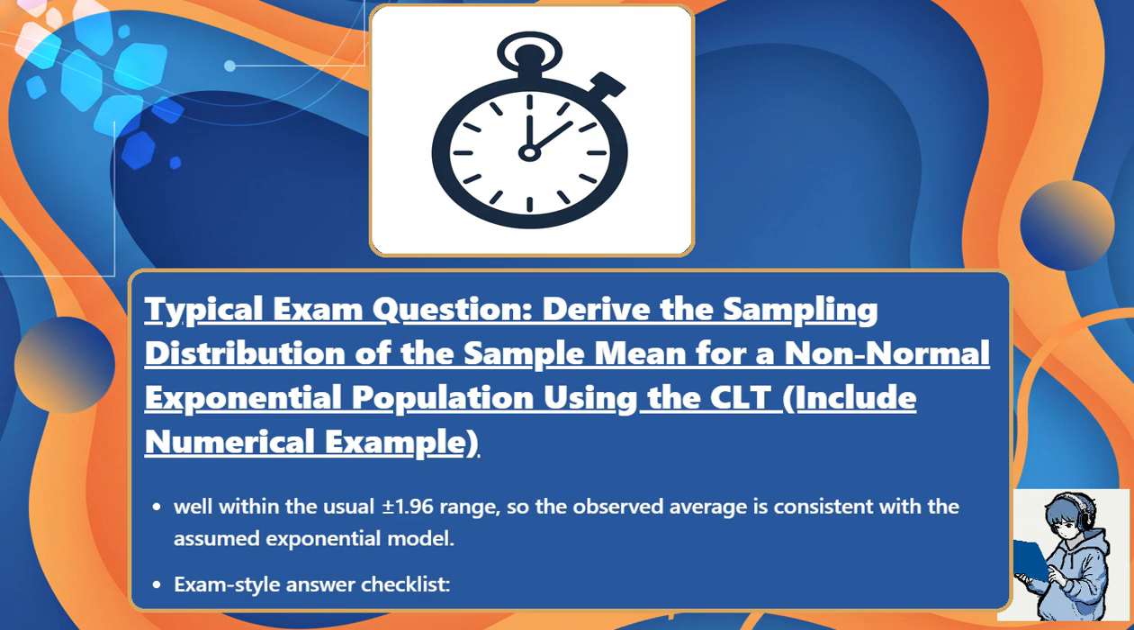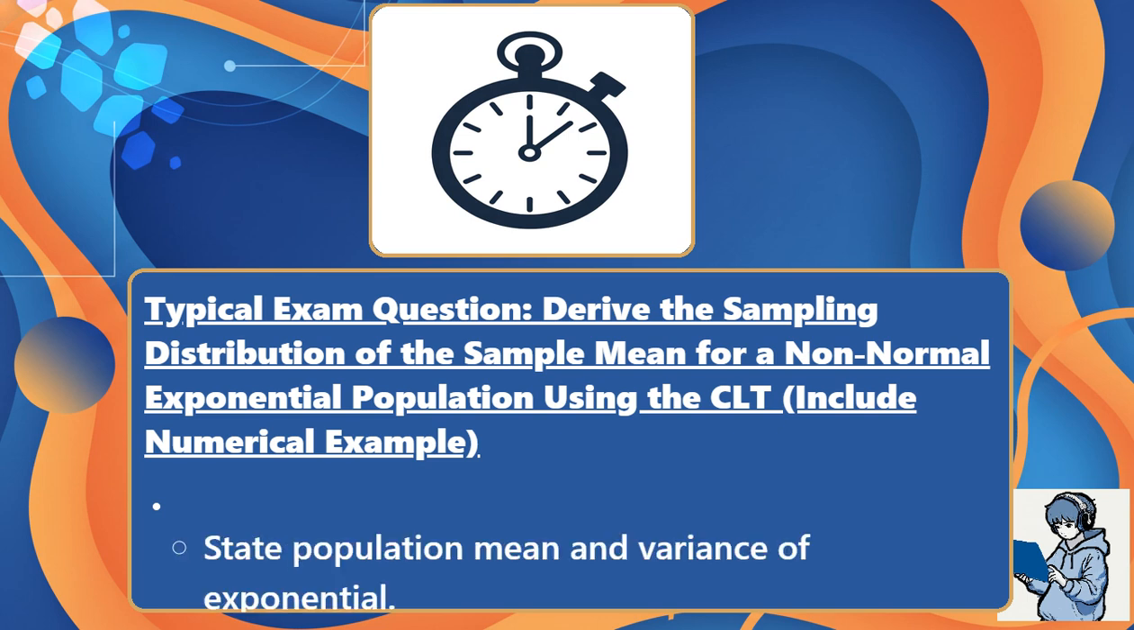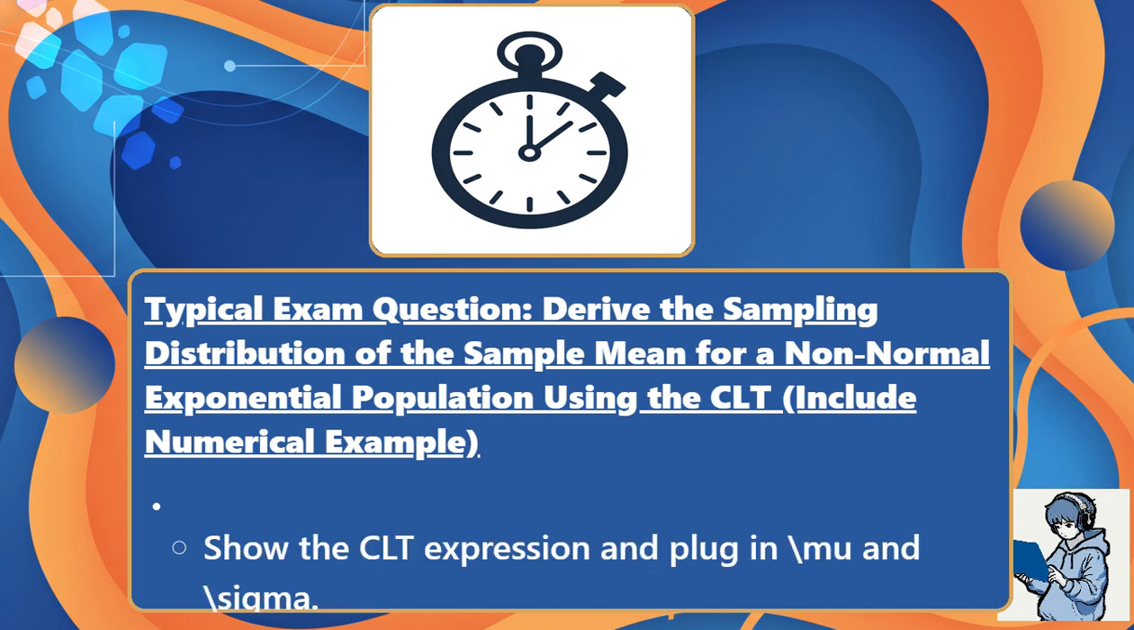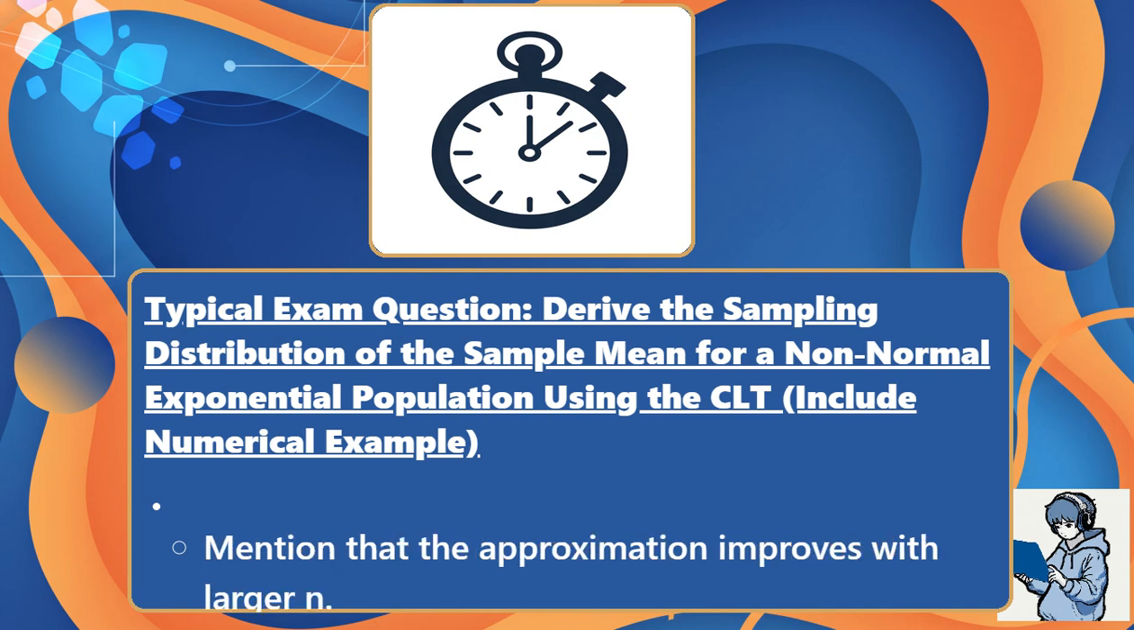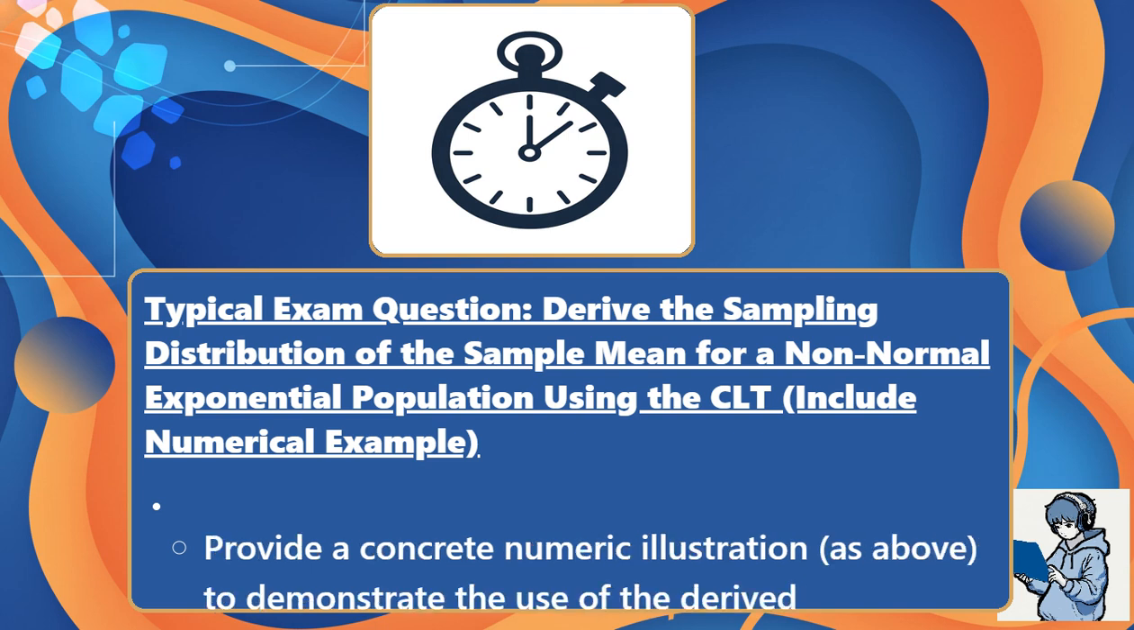Exam-style answer checklist. State population mean and variance of the exponential. Show the central limit theorem expression and plug in mu and sigma. Write the resulting normal approximation. Mention that the approximation improves with larger n. Provide a concrete numeric illustration as above to demonstrate